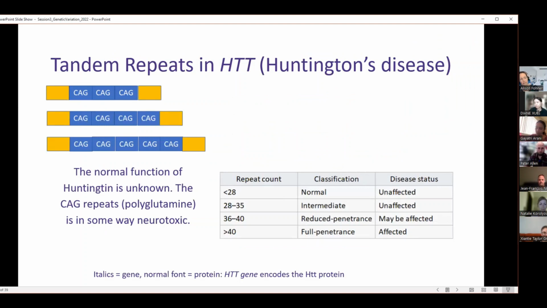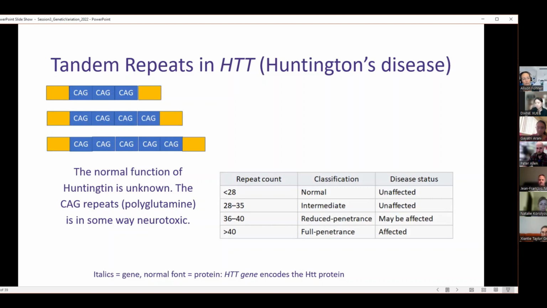But these types of structural variations are still really important in outcomes that we care about. An example of this are tandem repeats in Huntington's disease, where we see that the more copies of this CAG repeat you have, the more likely you are to be affected by Huntington's disease. And this is a degenerative condition that